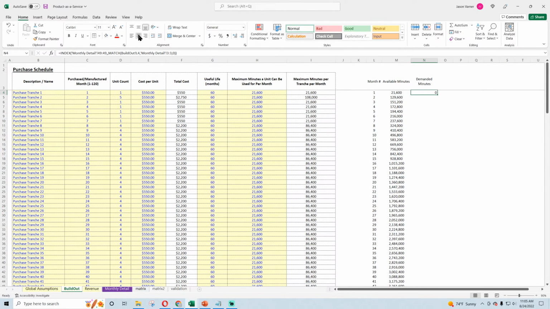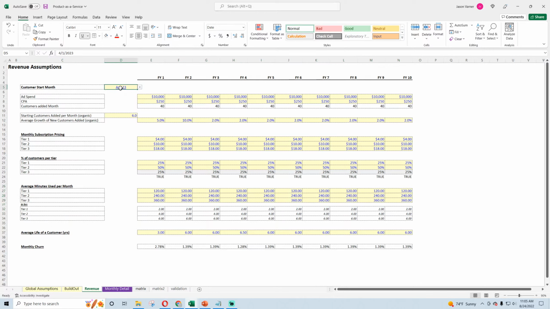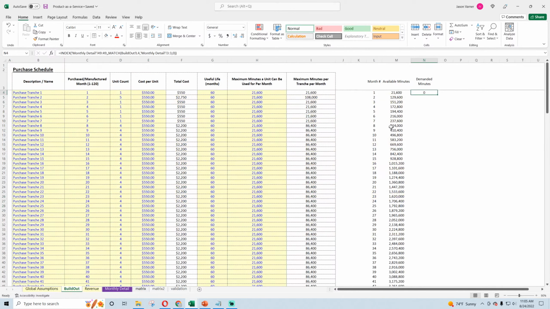The demanded minutes are going to be completely based on when our customers begin, the start month, how much we're spending on ads to acquire customers, what our organic growth is, and how many minutes on average each customer from each tier will use per month of the product that they're buying a subscription to. So let's lock this so we can drag it down.